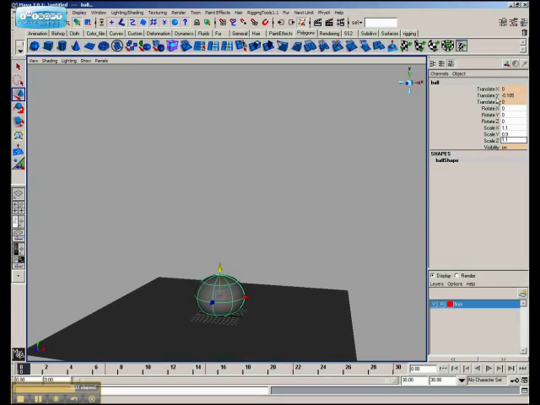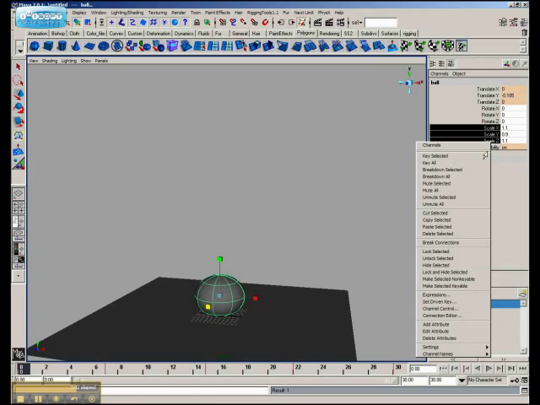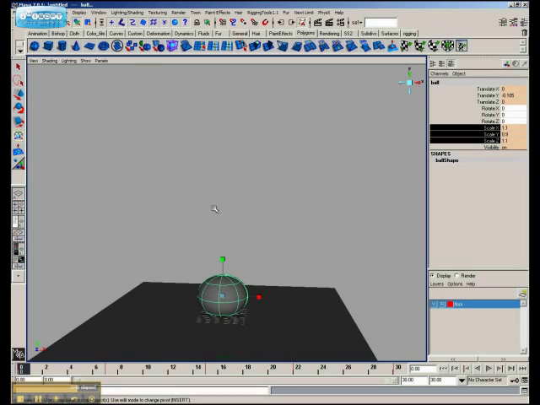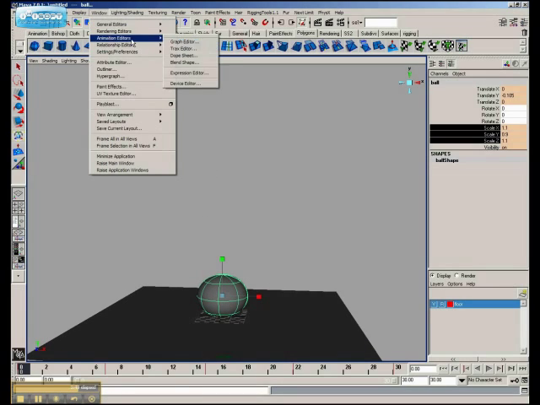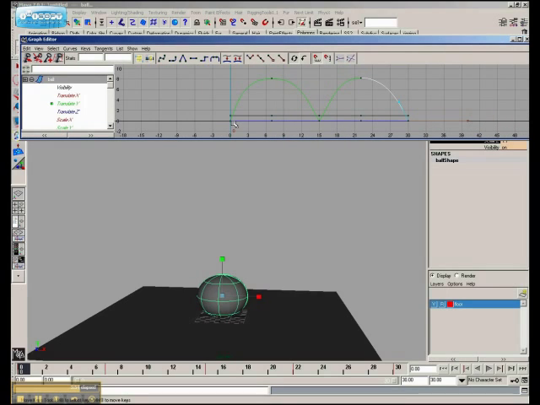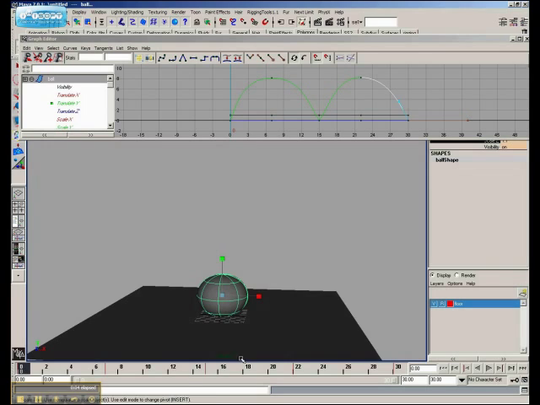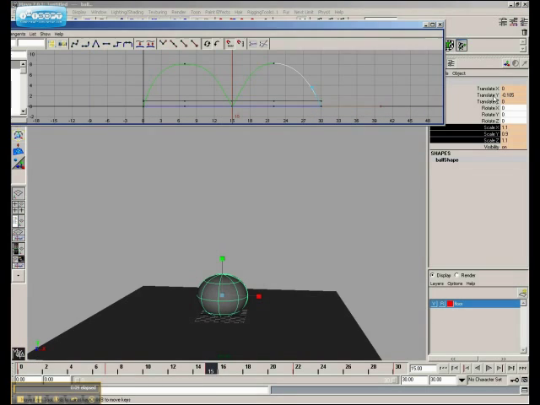And I'm going to set a key. I'm going to set keys on that stuff again, and then also set keys on the scale. And the reason I set that key again is because I've changed the Y translation in my graph. Now, if you set a key over where you've already got one, Maya remembers by default what you did to that key. So if you broke the tangents or you have it linearly coming in or slow out or whatever, Maya will remember that key there for the bottom of the arc here. Now, what I want to do is copy that over to frame 15, and I'm going to set a key